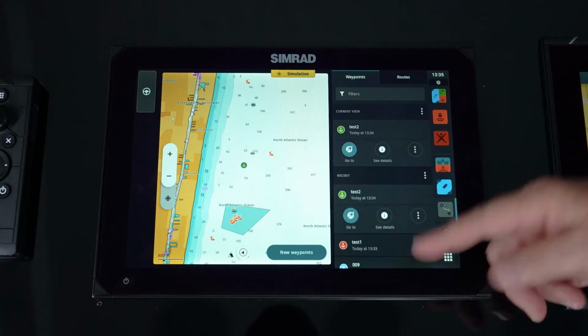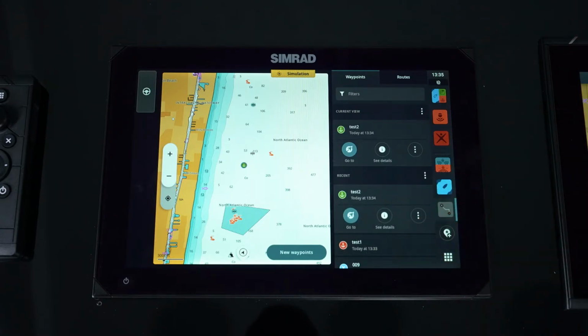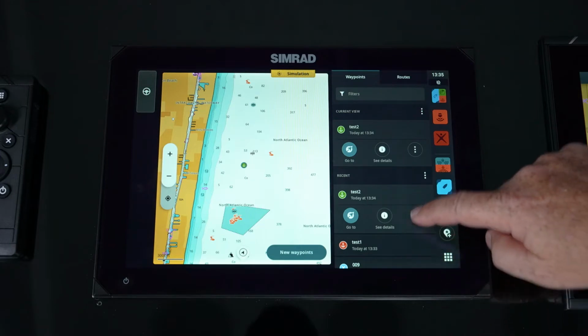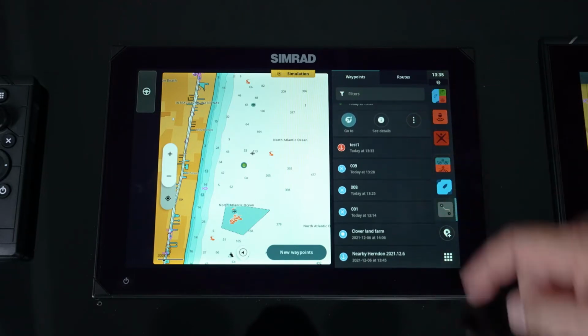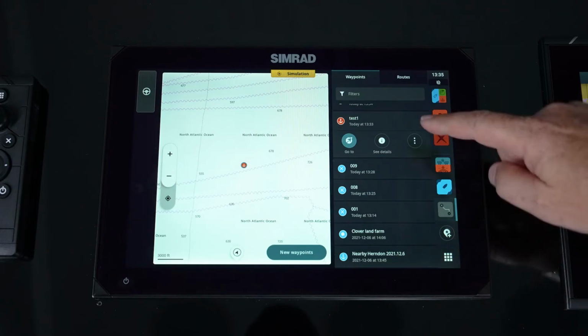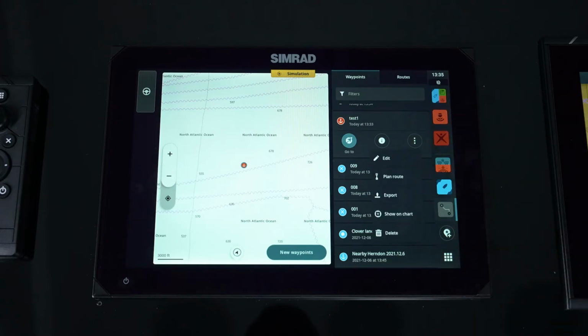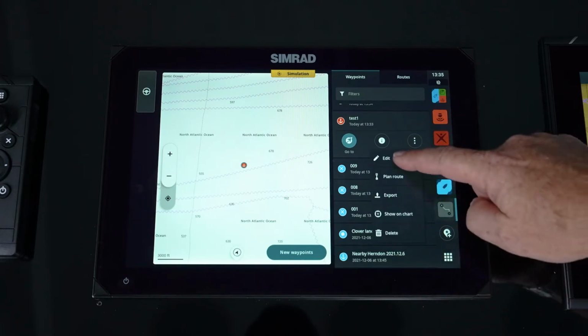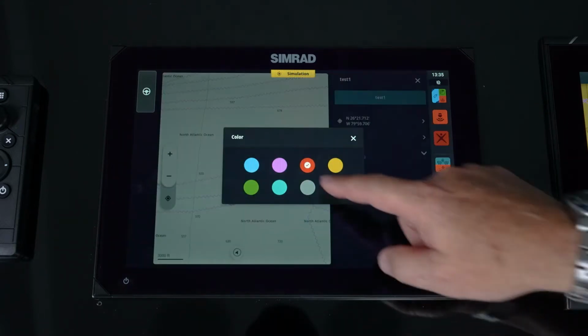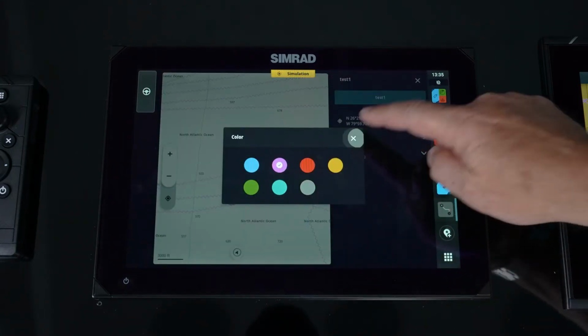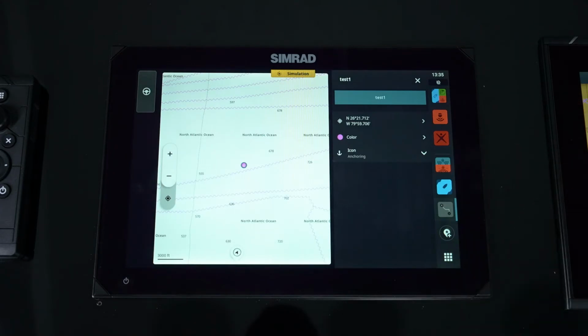So now you can see when we're on our waypoints and routes app, you're going to see all that stuff that we've just created and manipulated. Now from here, you can go in and do different things. So we can pick any of those points. And now I have the ability to edit. So maybe I didn't like the color and I want to make this that purple. I can make that purple. And so I can quickly edit